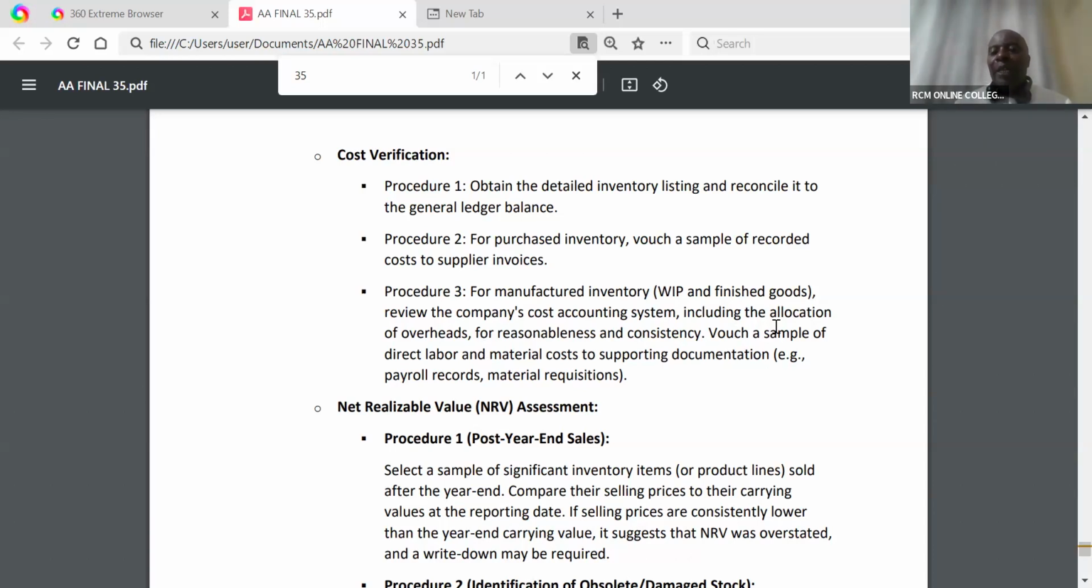Vouch a sample of direct labor and material costs to supporting documentation. Because remember, ladies and gentlemen, you paid the workers, right? So payroll records, material acquisitions, etc. Net realizable value assessment. They are telling you that this thing is worth 90. We need to assess, because we are detectives. We are like policemen who are out to discover